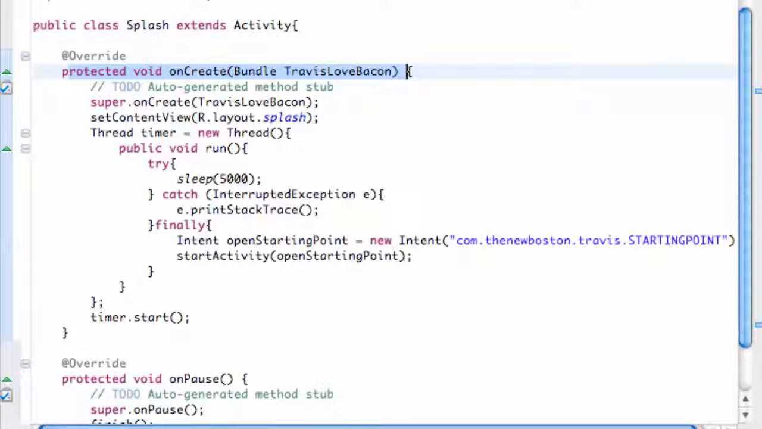What's up guys, welcome to your 17th Android tutorial for the new Boston, and what we're going to do in this tutorial is basically set up some music and set up some sound for our application, because when there's music